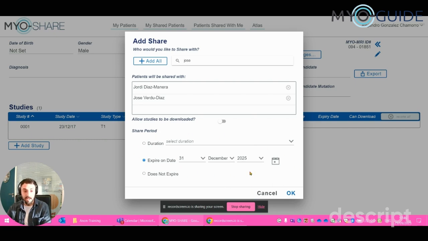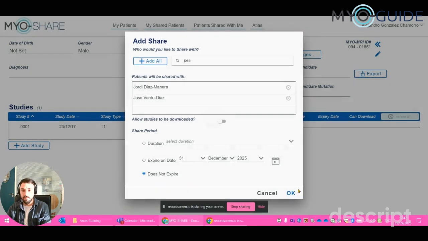Anyway, once we have analyzed the image, we are going to delete it. You are the owners actually, and you can delete it whenever you want. But if you don't have any requirements, since we get large volumes of MRIs and we need some time to analyze them, it's preferable for us that you click on Does Not Expire. And here you have another option that you can allow Jordi and Jose in this case to download the MRIs. Sometimes you will have an ethics approval that won't allow you to share it with Jordi and allow him to download it. If you can, we appreciate it, but it's not needed.